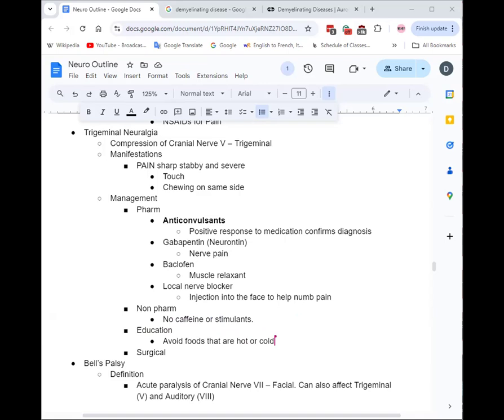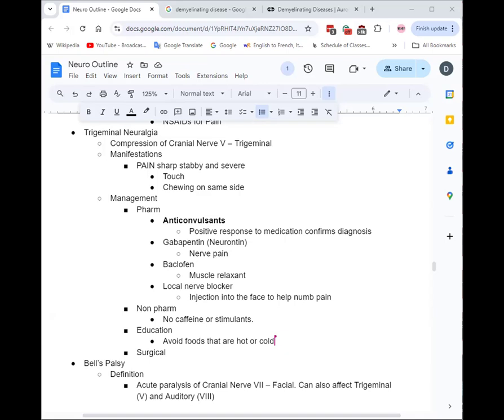I don't know about y'all, I have messed up teeth. I promise this is somewhat relevant. If I bite into something that's really cold, like we were talking about ice cream sandwiches earlier, if it's too cold, I get a lot of pain in my tooth because it's hitting the nerve right on. So same kind of idea. If I put something on the extremes, if it's too hot or too cold, I might trigger more pain. So that one I'm a little wary about. Maybe like a cool pack, but not an ice pack. I wouldn't say an ice pack.